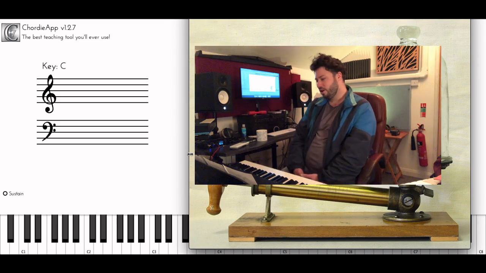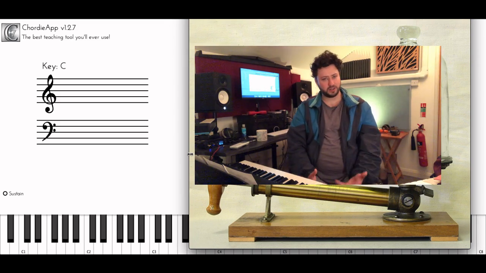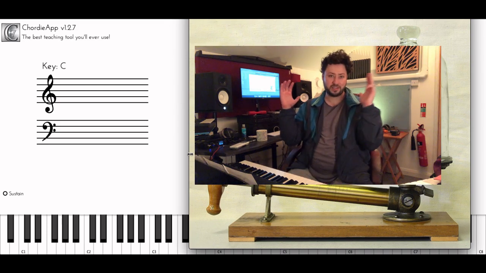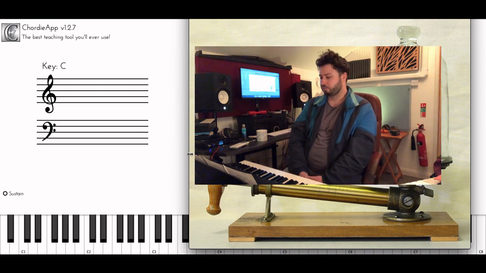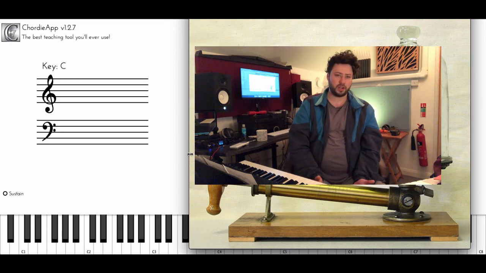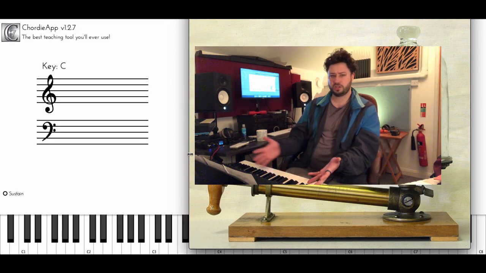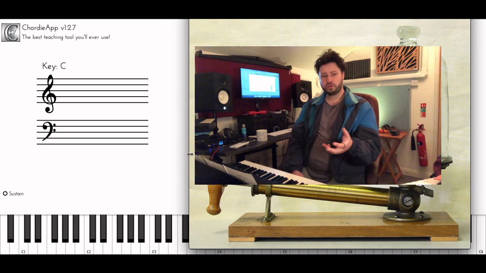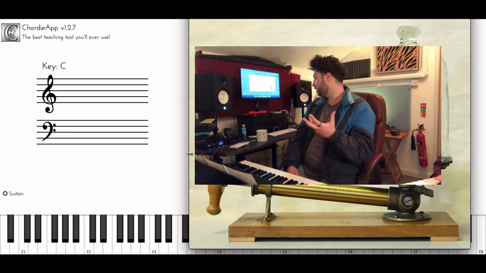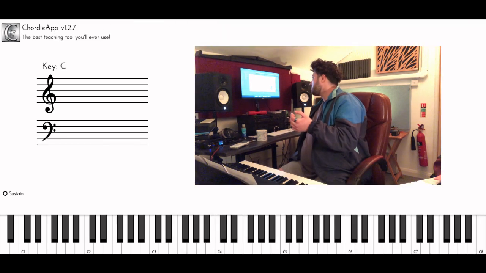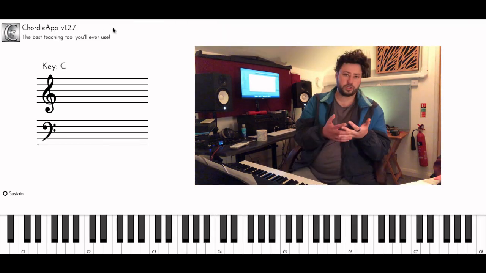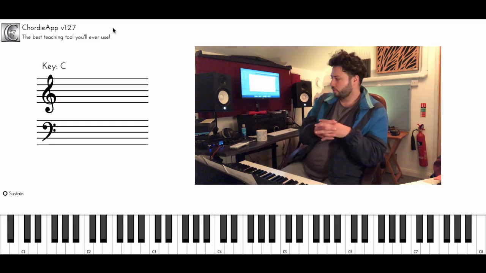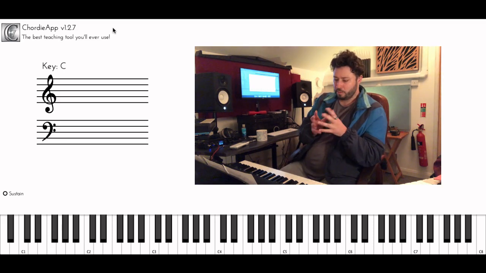Okay, so now we know that the pitch of a note corresponds to its frequency, so again, how fast the air is vibrating. The question is, though, how does this work on the piano? What's this got to do with the piano? So what we'll do is we'll start by finding a specific note on the piano. So I'm going to show you how to find D, and we'll go from there.